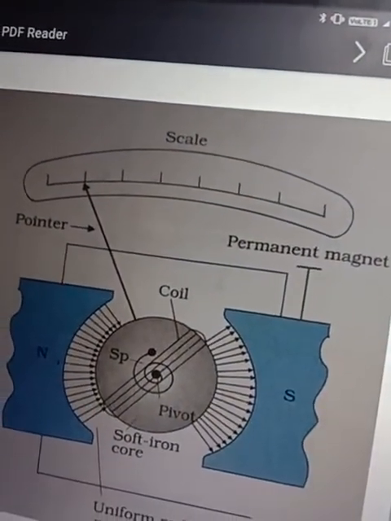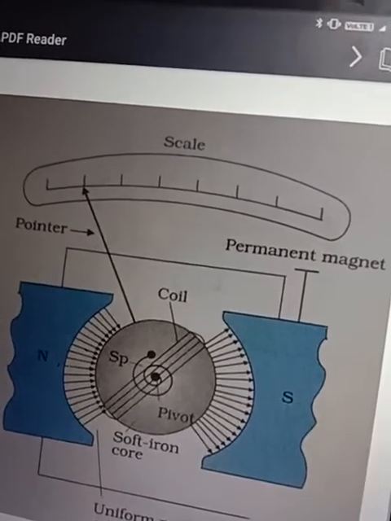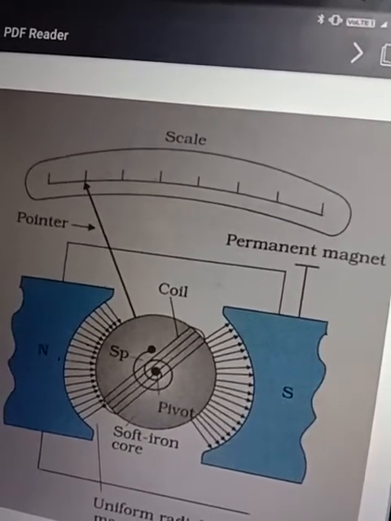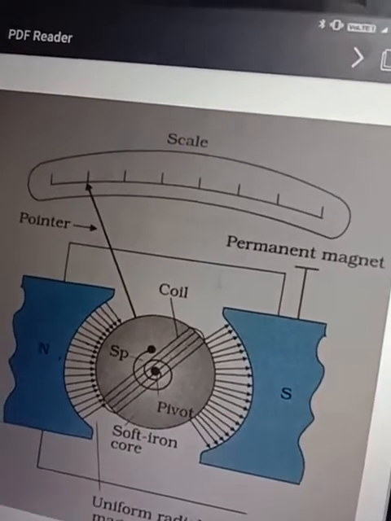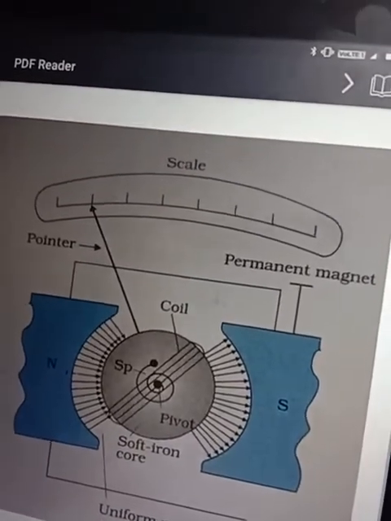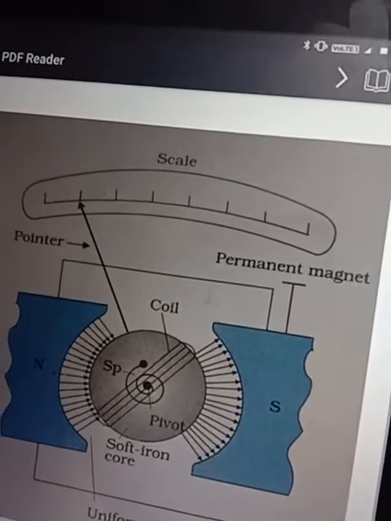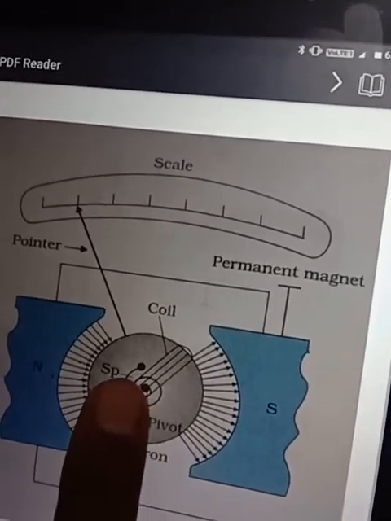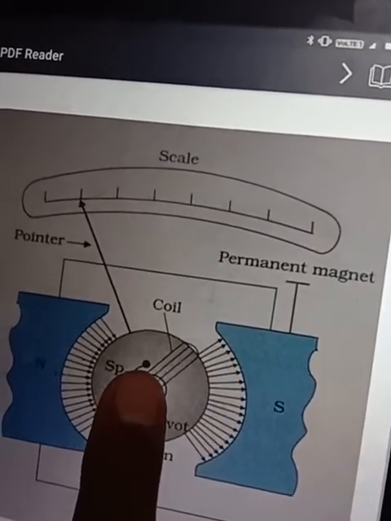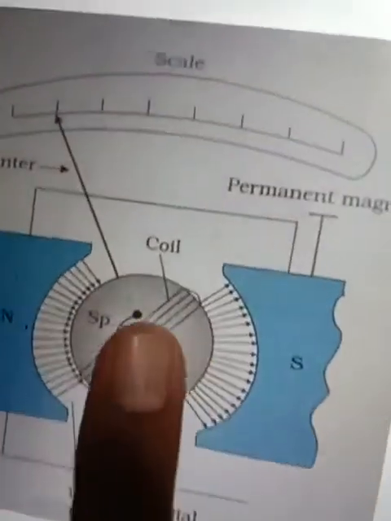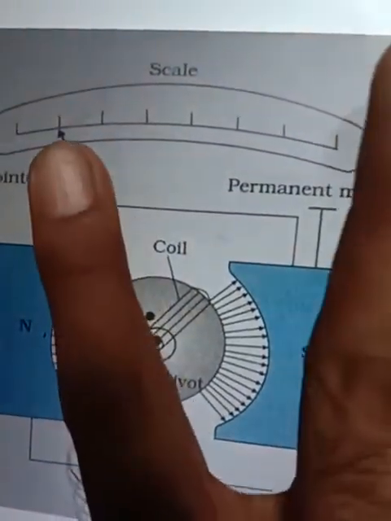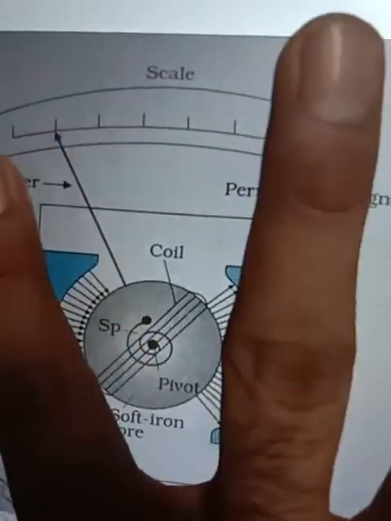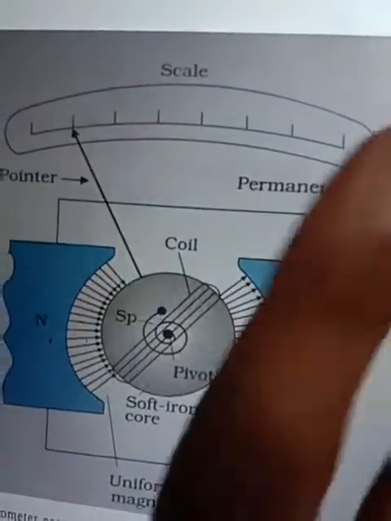The concave pole will create the radial magnetic field. The soft iron cylinder is there, which will be consisting of the coils connected on it. Okay, and there will be a spring connected to this particular coil. Coil को क्या किया हुआ है? स्प्रिंग से कनेक्ट किया हुआ है. तो जैसे ही करंट इसमें से फ्लो होगा, टॉर्क क्रिएट होगा, तो ये जो पॉइंटर है it will move on the left side. जितना लेफ्ट साइड में जाएगा उतना ही on the right side it will move.